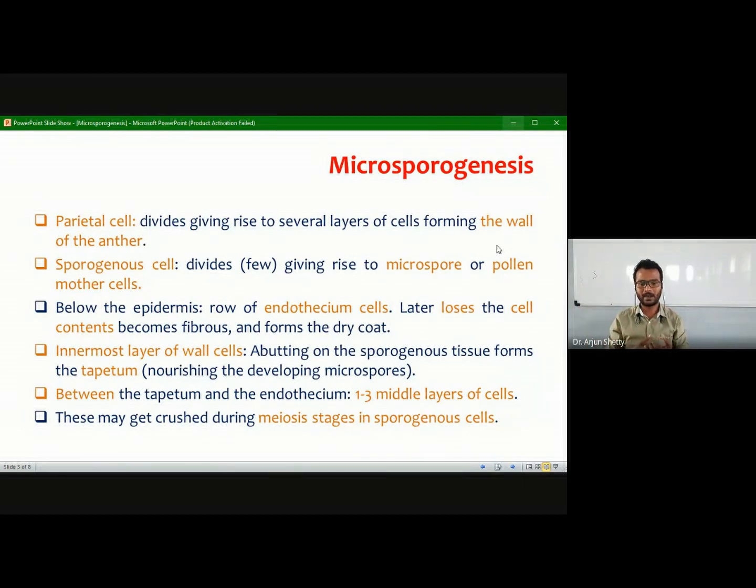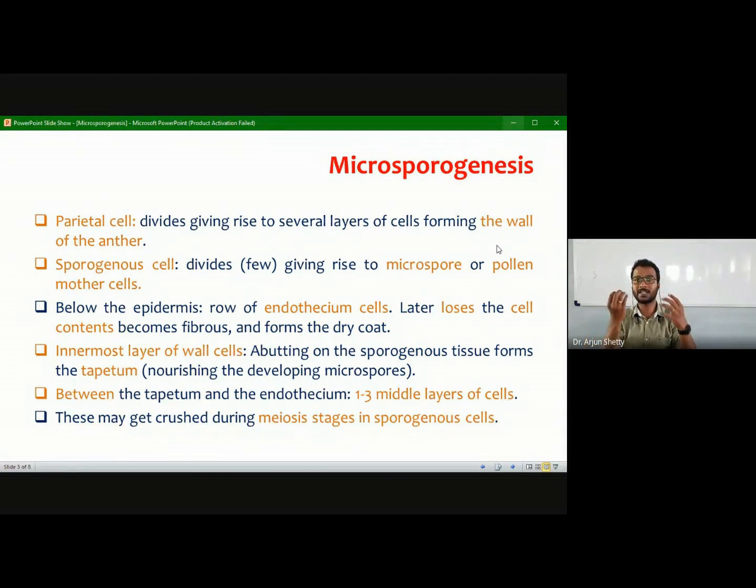When these sporogenous cells, the pollen grains, start to divide, they undergo meiotic division. Usually the reproductive structures undergo meiotic division. So during the meiotic divisions in the microspores, these wall layers, it may be the endothecium, or the middle lamella, or the tapetum, will get crushed. Why are they going to be crushed? Because if they are completely protected by